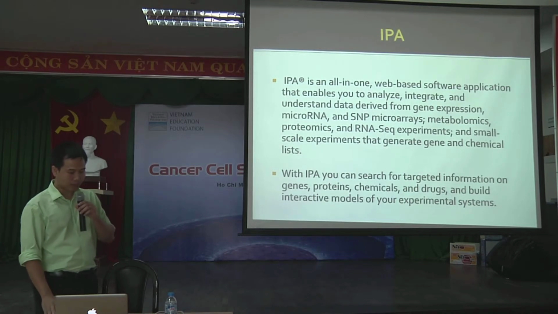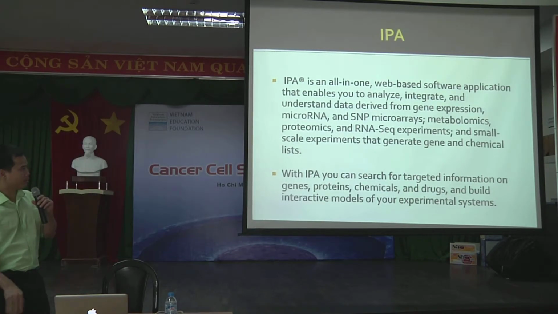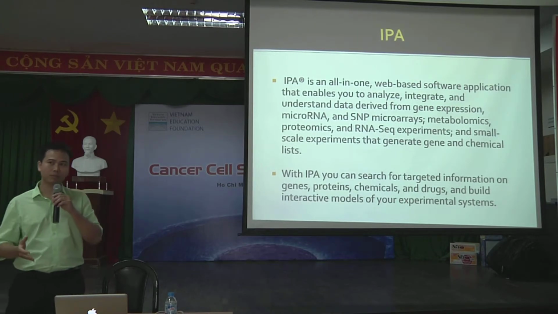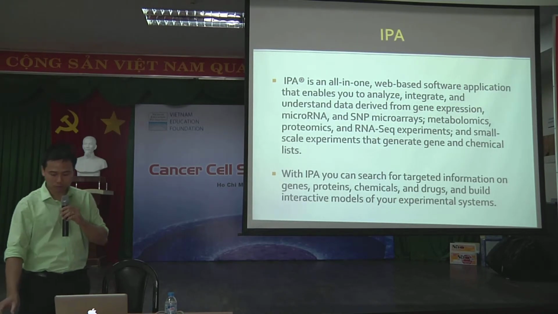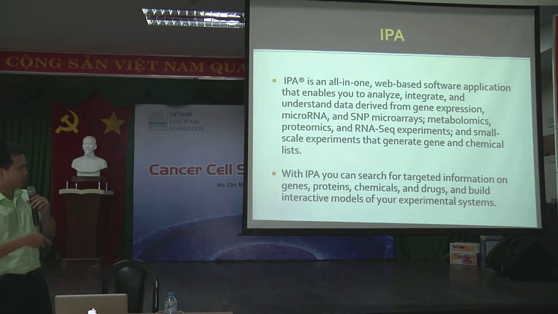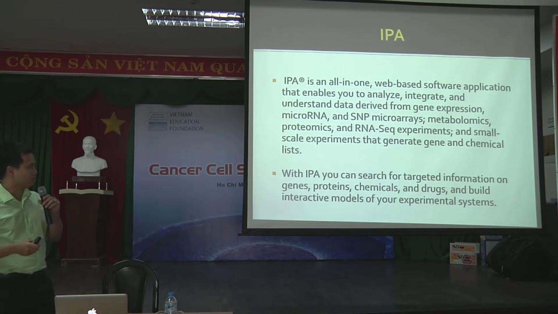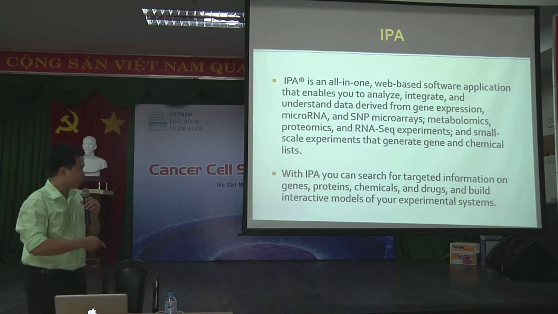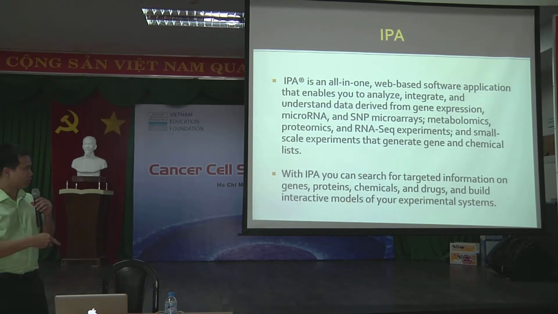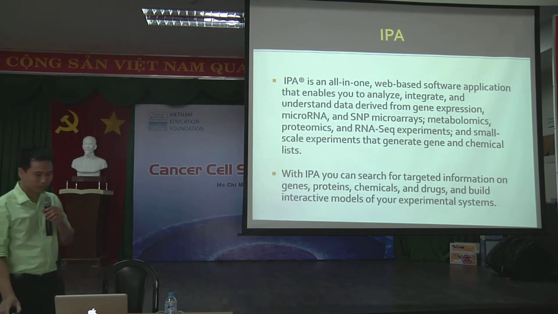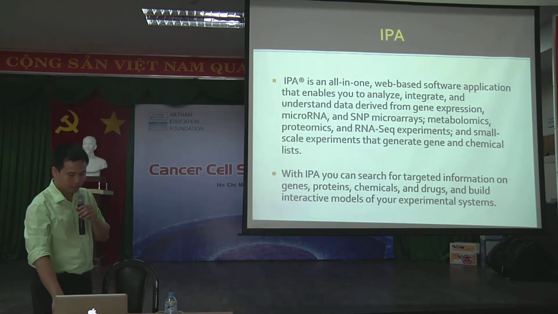The second feature that IPA will provide you is how to search for all the information that is right now available on PubMed. They will collect all of the information and build them into a system, allowing you to very easily and rapidly collect and understand all of the information you need on the gene of interest. So you can check the genes, proteins, chemicals, drugs, and also you can build the pathway and interactive model